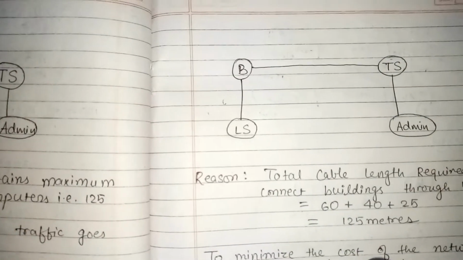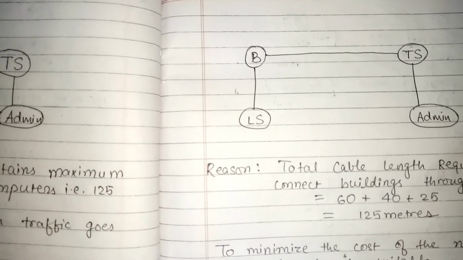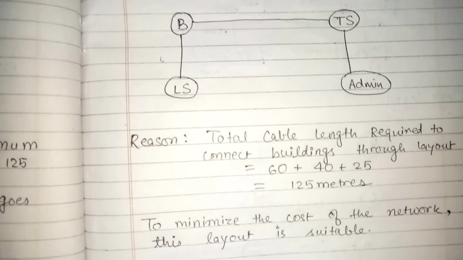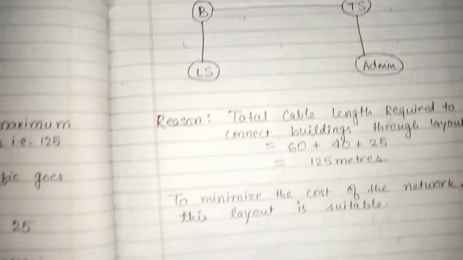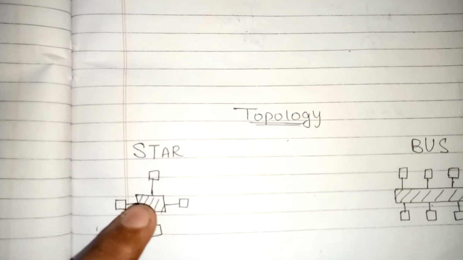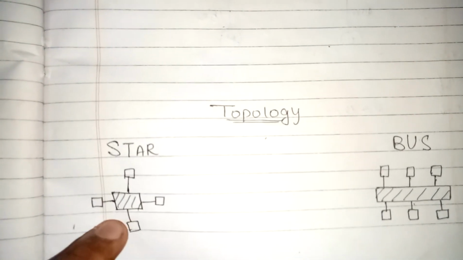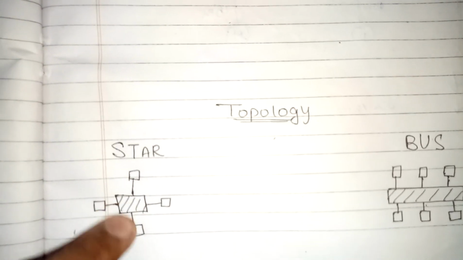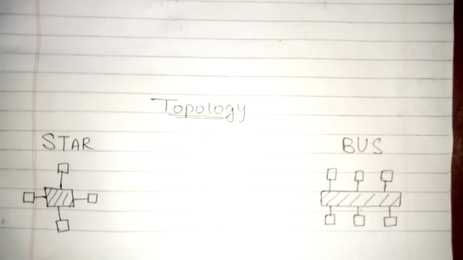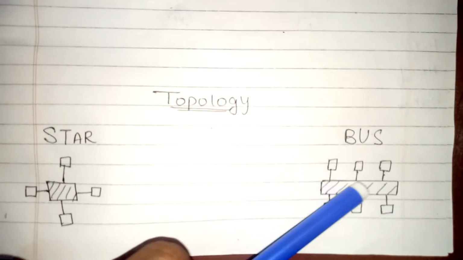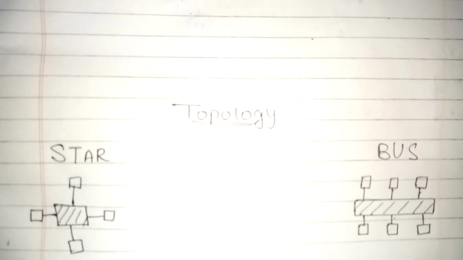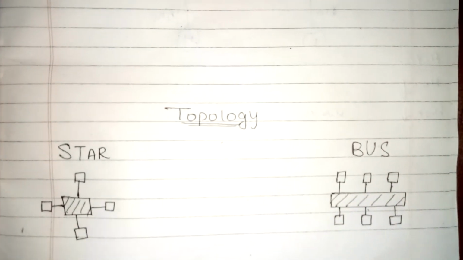You can easily Google it: what is the difference between bus topology and star topology? What is the need of bus topology when we use these topologies? Now let's go back to the topology. You can look here at our first layout. This is the admin block, and these are the other blocks. So in the bus topology, this is a wire connected with all the computers. Say there are 6 computers, we are not required, there were only 4 computers, just to show you the topology.